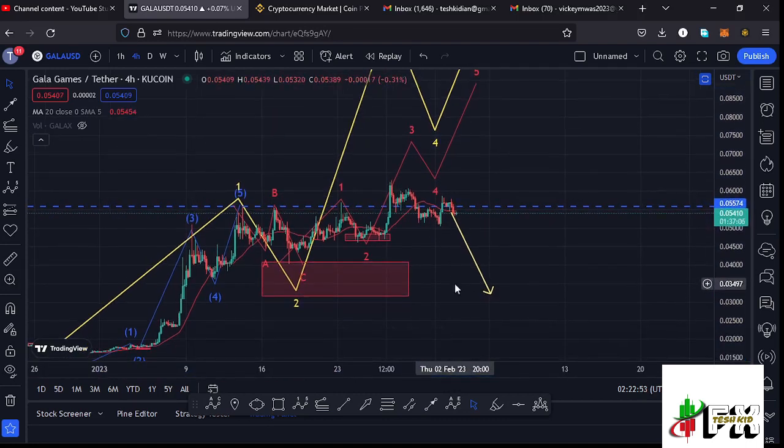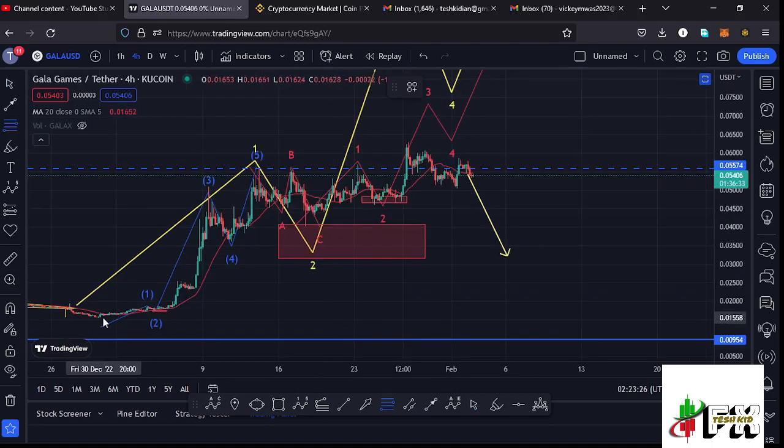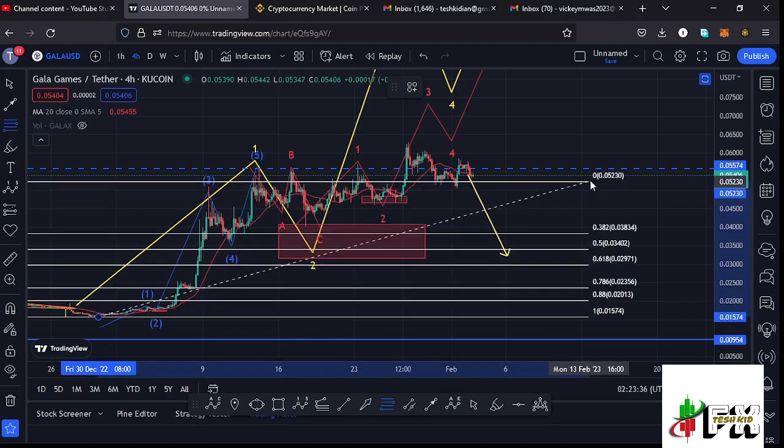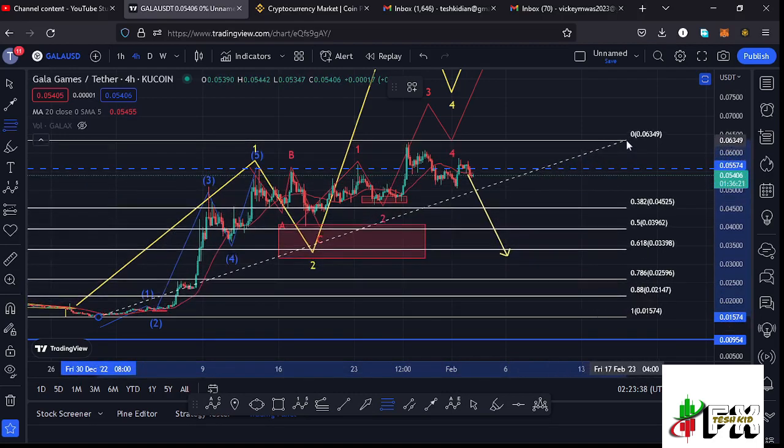So that is the case that I'm expecting on the worst case scenarios here on the Gala Games chart, and that could possibly give us a retracement back to around the $0.0464 mark. We can also sketch out a minimum target area to the lower side in case the worst case scenario for Gala Games plays out by connecting the Fibonacci from the low of the second wave to the high of that first wave at around the